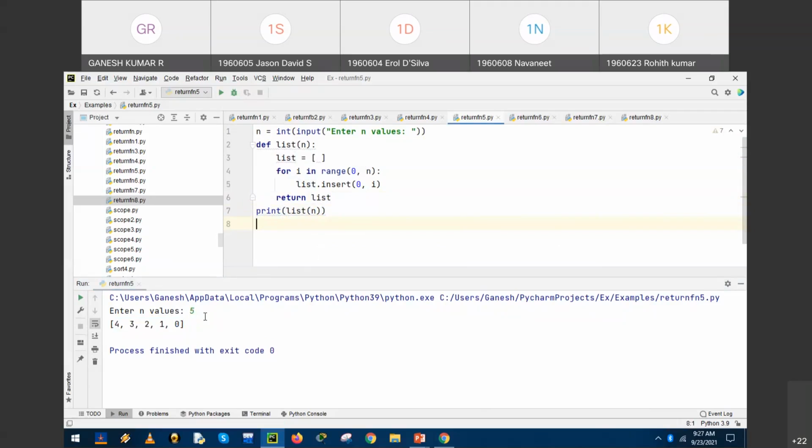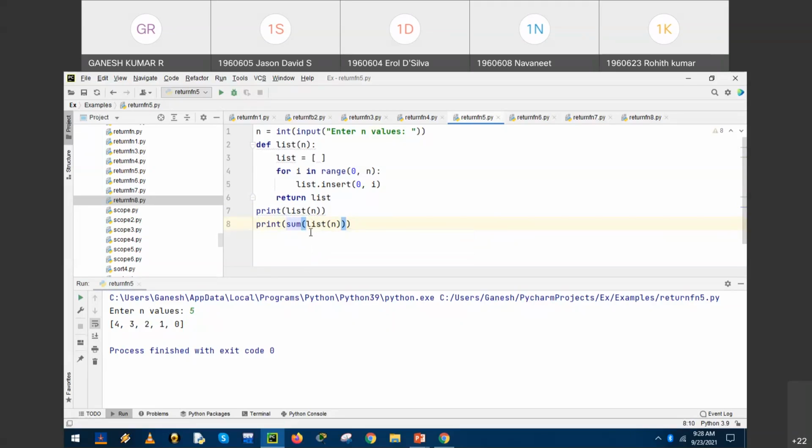Now, what all can we modify in the program? What we want is to have the sum. A list is displayed, we can add, multiply, and do all the manipulations. So, let us introduce the sum. I want to find the sum of the 5 numbers. Print sum, it is a function, sum of list of n.